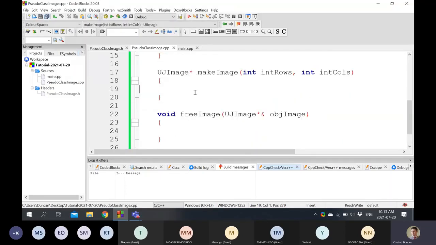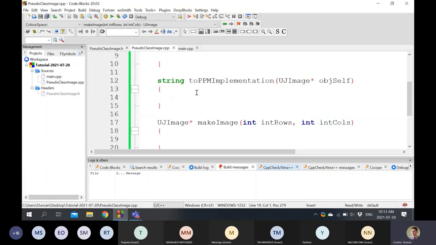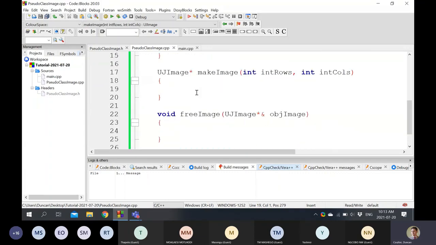So let's start off with the basics. Let's start off with creating the image and freeing the image. So for that to work, we're going to need to store the rows and columns somewhere. So first things first, we're going to need to make a place to store them. So let's make a uj image pointer, because that's what we're returning, and we'll call it obj image. And it needs to be allocated some place in memory on the free store, because we're working with pointers here. So we're going to say new,